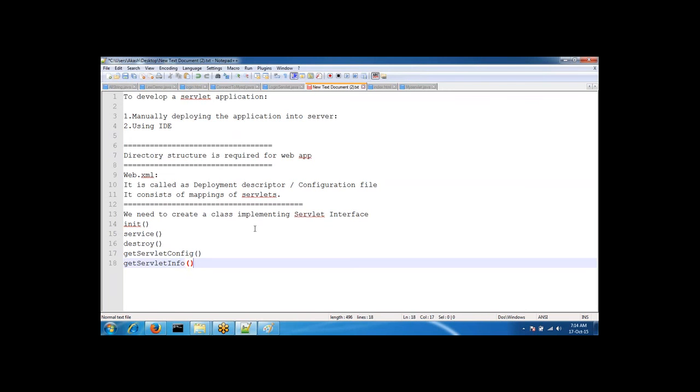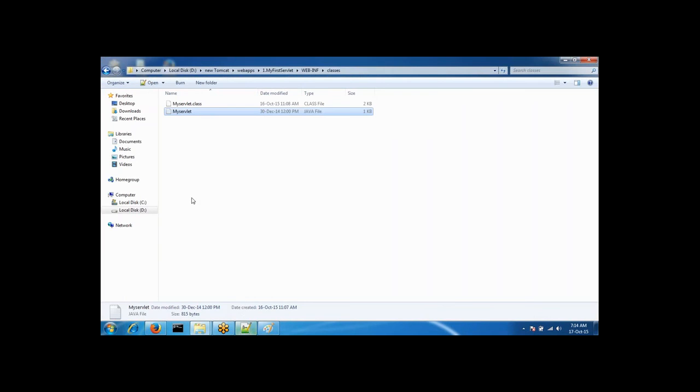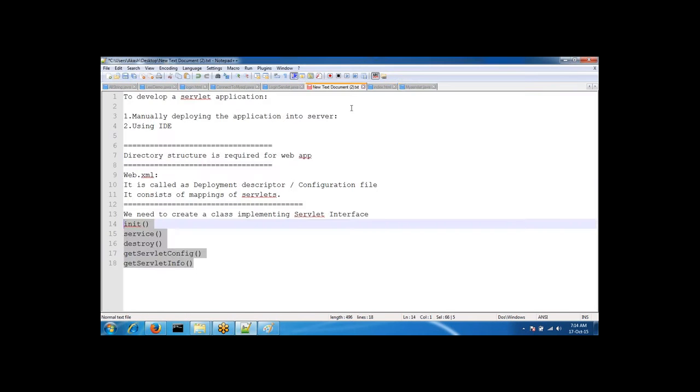Why do we need to remember these total 5 methods? The reason is that whenever I'm creating a class by implementing Servlet, the rule of the interface says I need to override all the methods of that interface. So total 5 methods are there. Whether I'm using them or not, I need to override all 5 methods. Going back to my program,